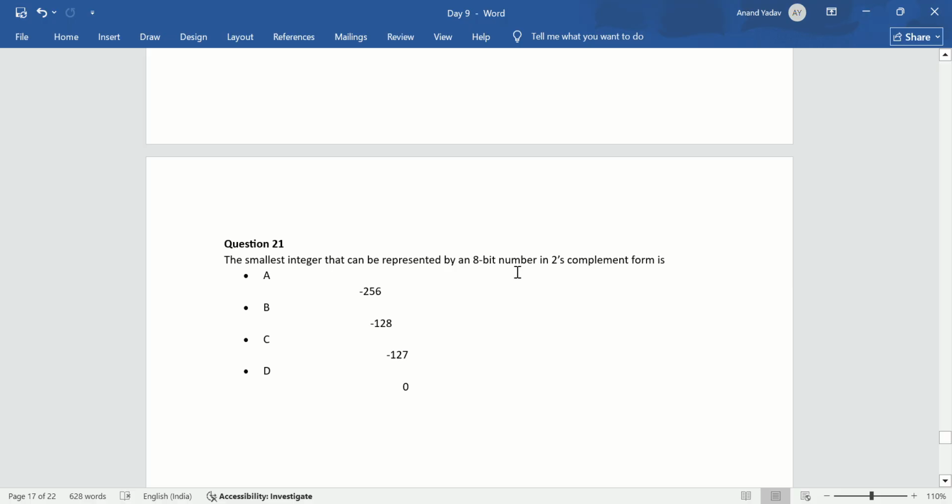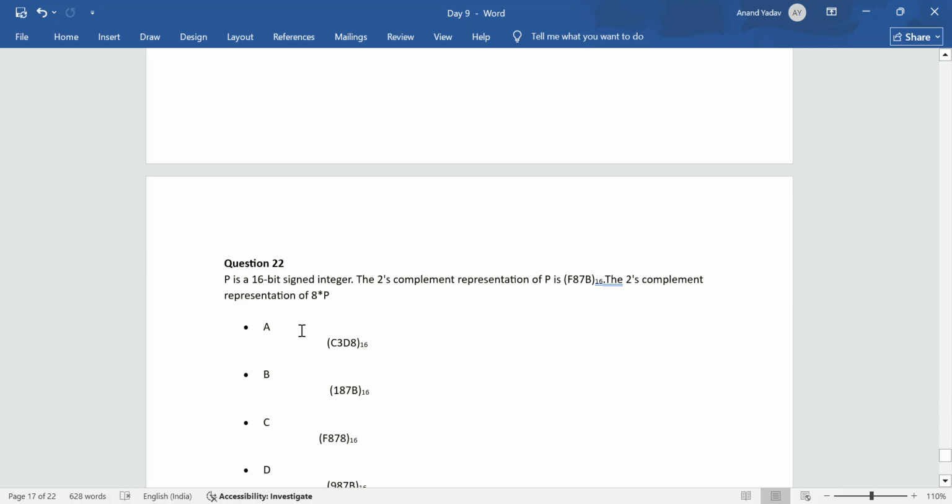the smallest integer that can be represented by an 8-bit number in 2's complement form is. So it will ask for the smallest number in 8 bits, so 1 bit for sign and 7 bits for operand. So in 7 bits I will take 128 value, so I will get minus 128. This is the smallest number which can be put in 2's complement in 8 bits. So for this one option B is correct. Now next one is,